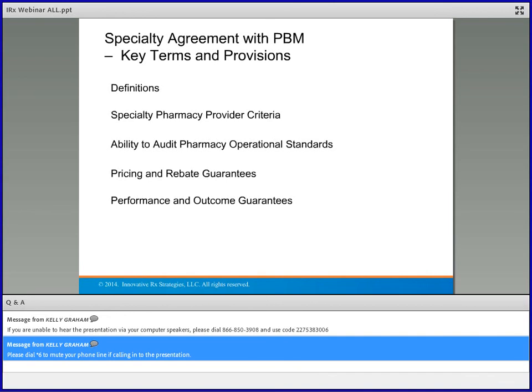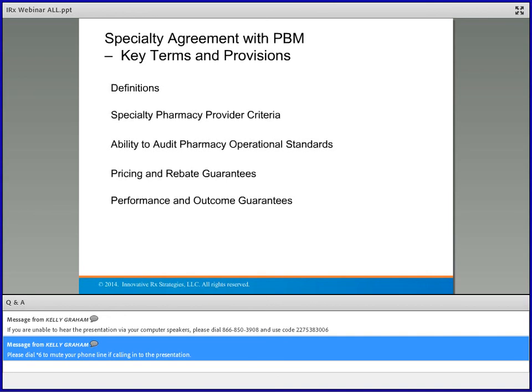Do you get preferred, non-preferred copay tiers that take into account the biosimilars, the biogenerics that are coming to market, so that you can drive utilization to the appropriate thing to lower costs, maximize rebates in a lot of cases, and help give you that overall clinical quality? You want to limit the day supply to 30. You never want to give someone more than a 30-day supply of a specialty drug.